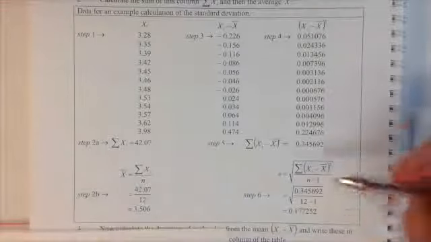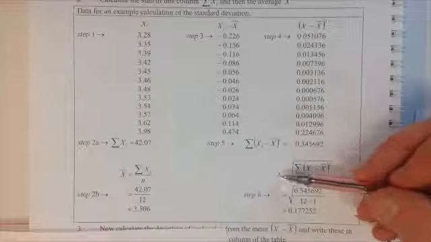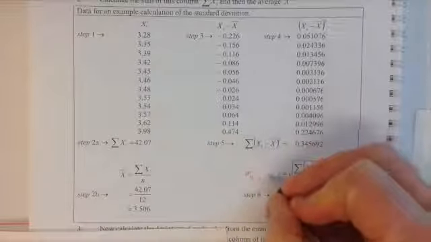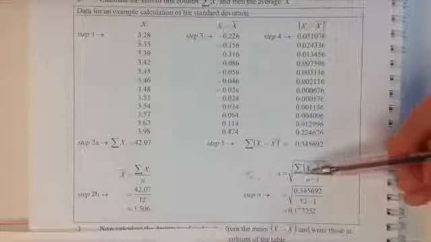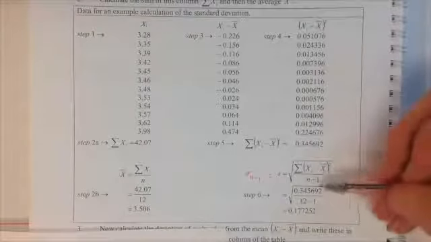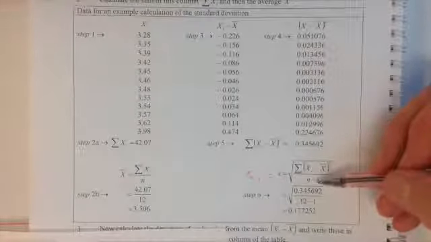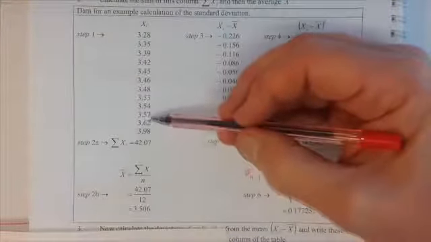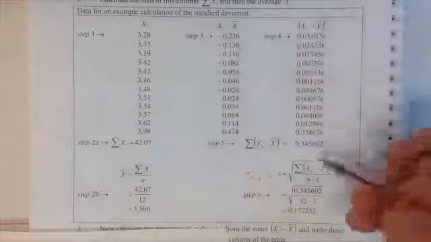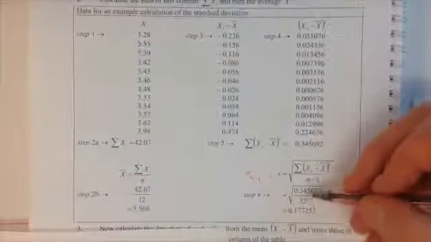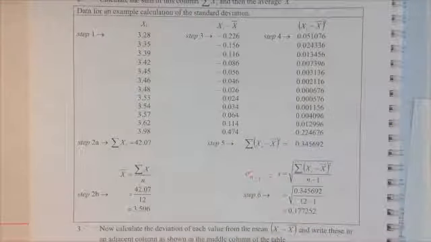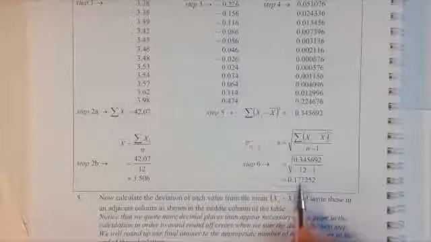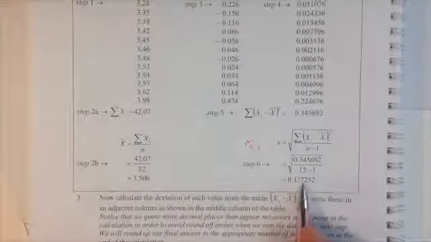There's another common or older symbol for this standard deviation, sometimes called S. These days it's more often called sigma n minus 1. And so there is the square root of the average of the squares of the deviations of the mean. Another reason why the n minus 1 is there, it's called degrees of freedom. We might have 12 data points there, but there's really only 11 gaps between them, and so that's why there's an n minus 1 there. Calculating that right through, we end up with the final value of the standard deviation of this set of numbers